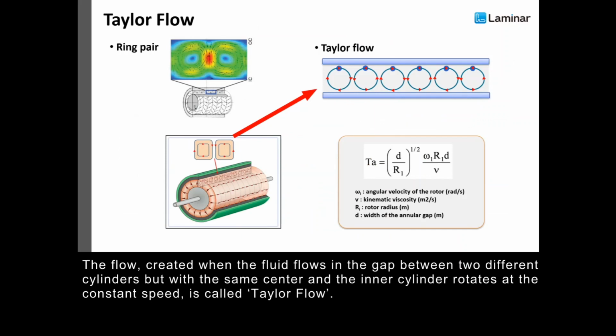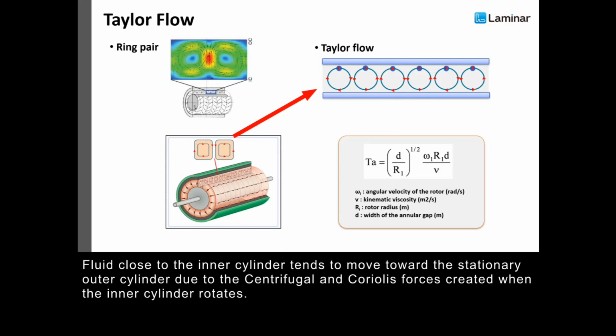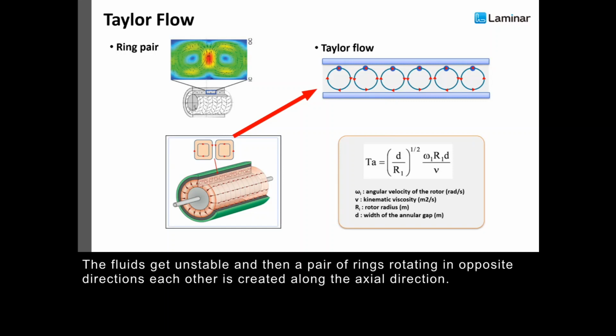The flow created when the fluid flows in the gap between two different cylinders, but with the same center, and the inner cylinder rotates at the constant speed, is called Taylor flow. The fluid close to the inner cylinder tends to move toward the stationary outer cylinder due to the centrifugal and Coriolis forces created when the inner cylinder rotates. The fluid gets unstable, and then a pair of rings rotating in the opposite direction to each other is created along the